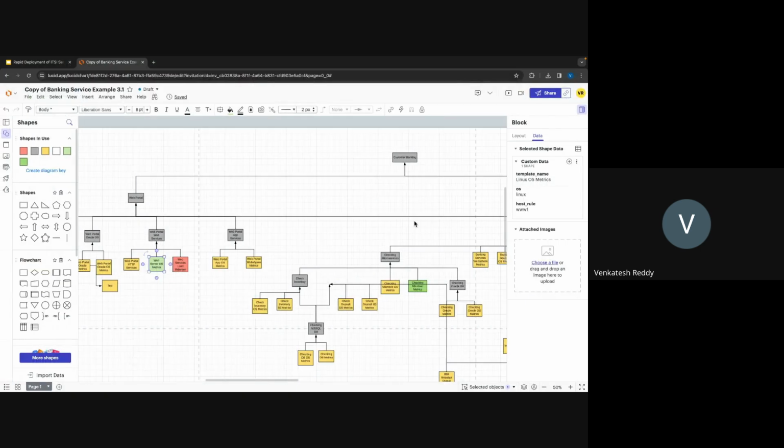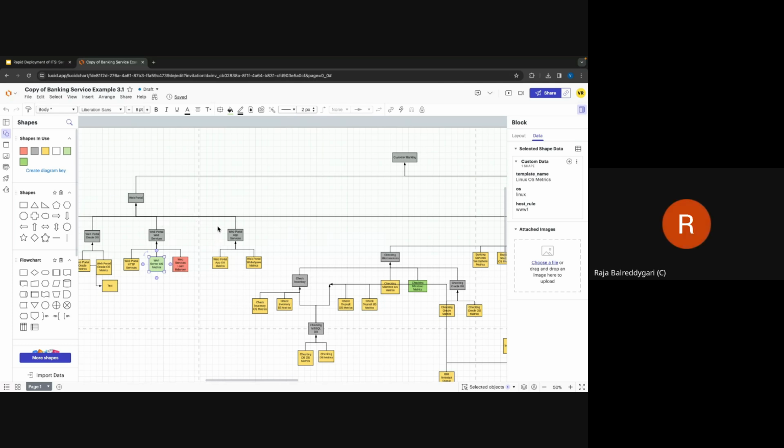Here it looks good, right? This service is dependent on these services. That's fine, but when we import this one, it's entirely in a different format, not even readable. So to read that particular CSV file, we used some eval commands, and then we massage it and make sure this is how it looks.